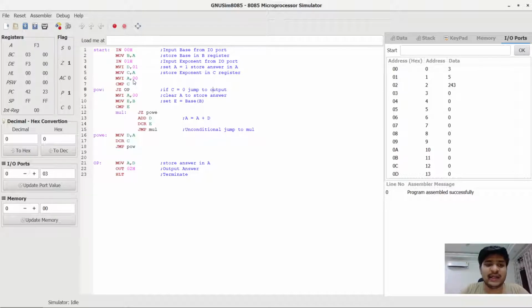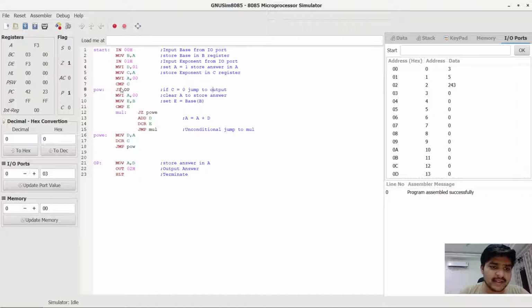Here, guys, I told you that the importance of A equal to 0 will be shown in the code. Setting A equal to 0 was important because now we are comparing C with 0. We have to check whether C is equal to 0 or not.